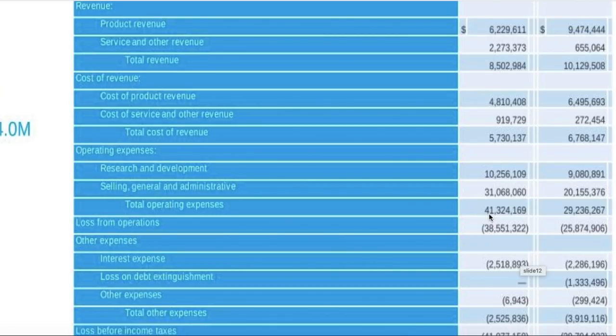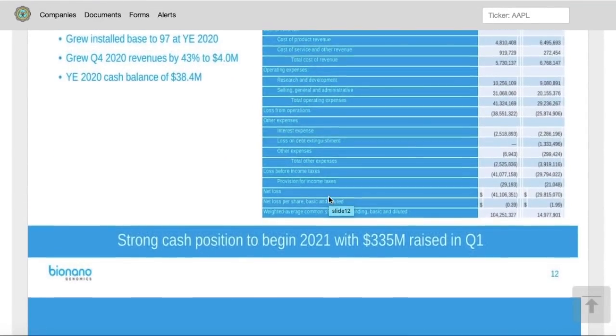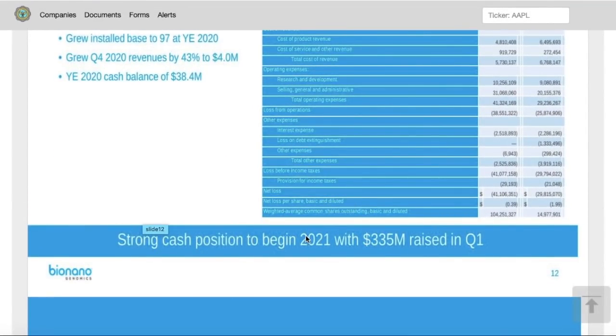This was because they were adding more employees, and Bionano Genomics has said that they want to add more employees in the future. Now, we are going to see in the use of proceeds in the SEC filing for this new shelf registration that some of these operating and general corporate purposes expenses are going to be covered by these new offerings. Now, here's what's interesting. When we see here a strong cash position to begin 2021 with $335 million raised in quarter one, they are going to be essentially doubling this